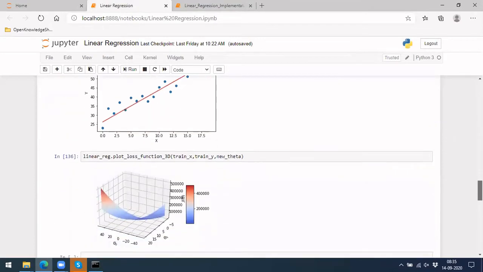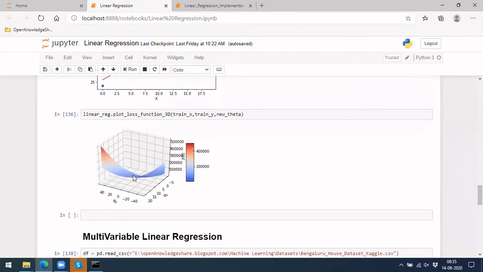So this is again your loss function, plotted against your theta naught and theta 1. In this case, for the thetas which were far away, like theta is 40 and so on, your loss is very high. Red represents a higher loss and dark blue represents a lower value of the loss function. So if you go further here for your theta and theta naught, your loss value is very high. If you come closer, slowly it is decreasing.